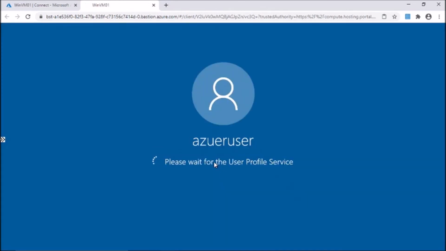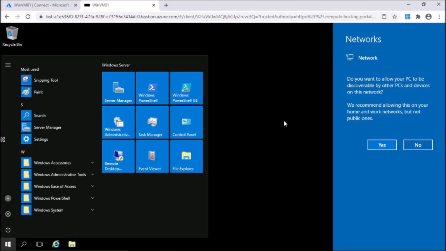So this is going to be pretty fast. And this VM is getting connected using Azure Bastion. Now you can access this virtual machine like you are accessing using RDP, and you can perform the activities.